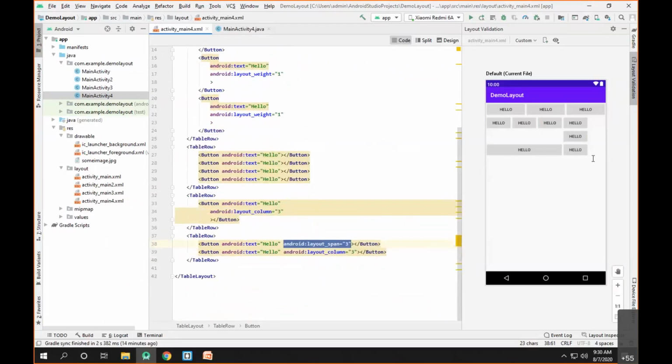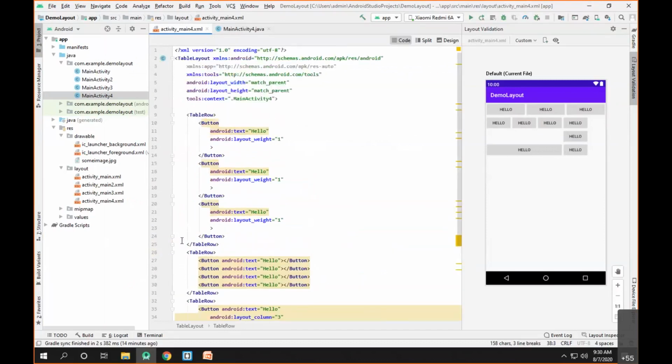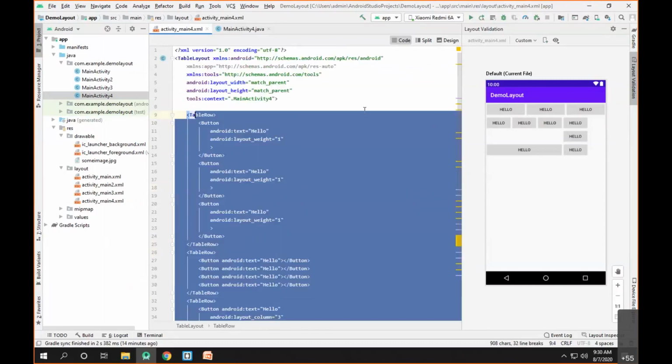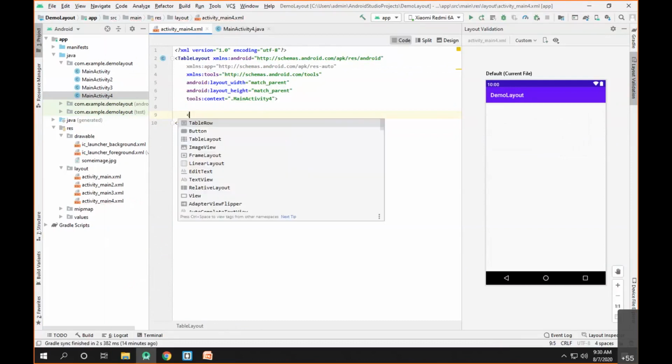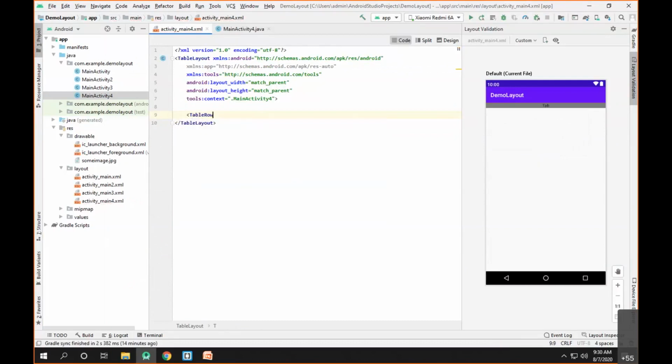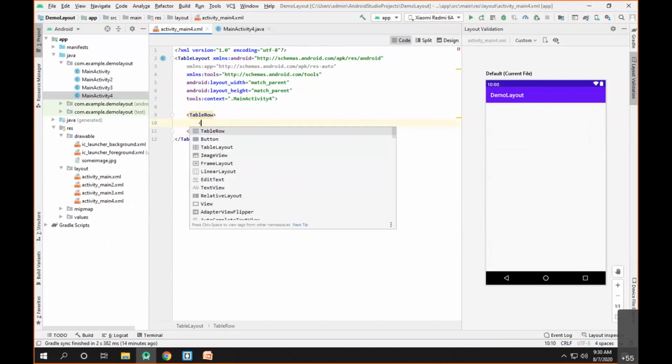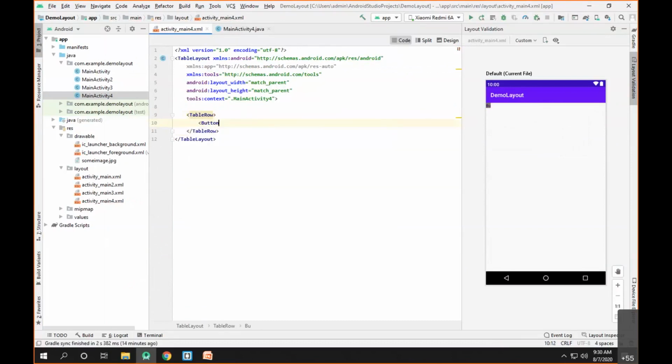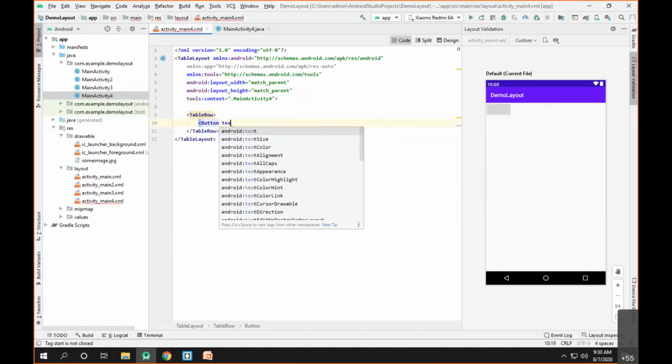Yeah, so layout span. Okay, so let me explain the layout span again. There is one doubt regarding layout span. So let's say this is our table row. We will make our layout simple, and inside the table row we'll add one button with the text.